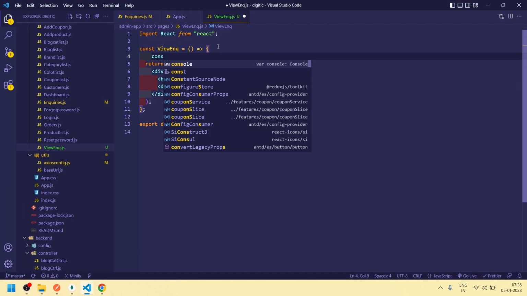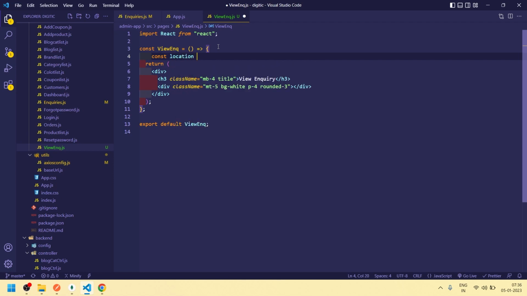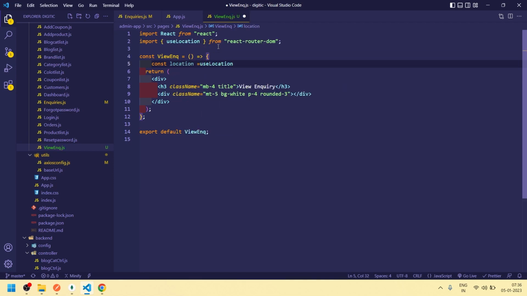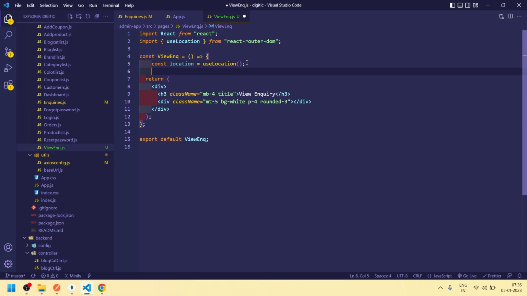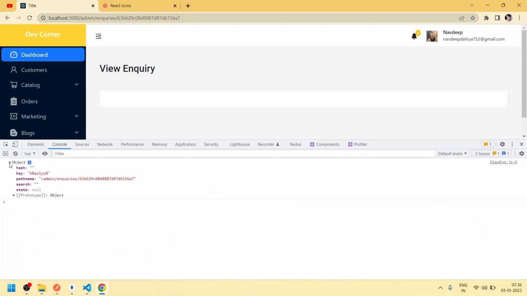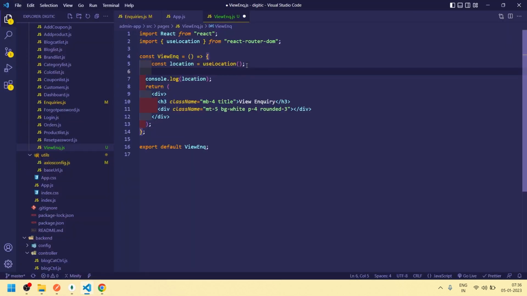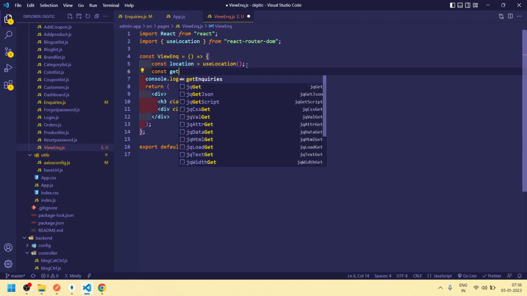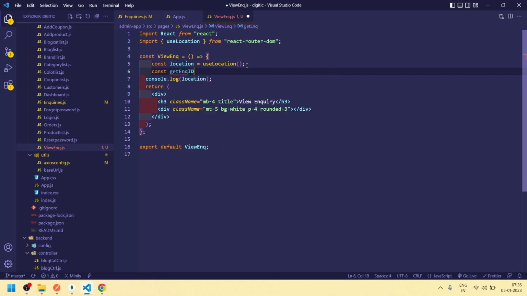So const location is equal to useLocation. Okay, so if I show you what we are getting in location, in the last video I have also shown you. So location, if I click on inspect and go to console, here I'm getting an object. Okay, so here we have to use this pathname. After this we will split it and fetch this value. So let's see how we can do this. So const getEnqId is equal to